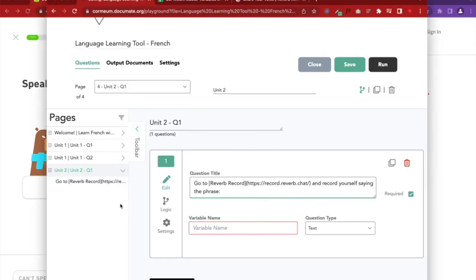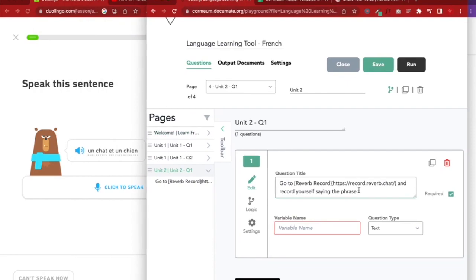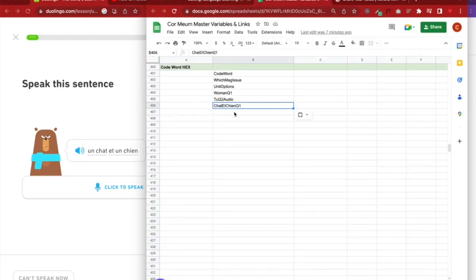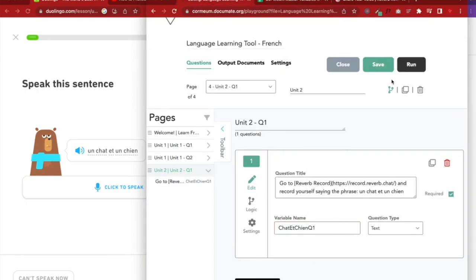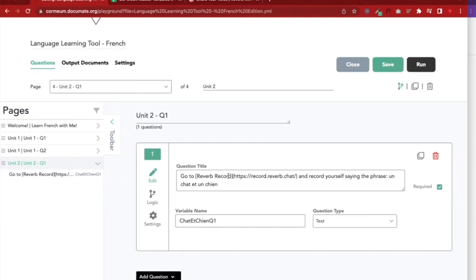Unshai, which is super mixed together. So we can say unshai, unshai. Remember I was saying about your variable map. Now I can just come here and copy and paste that. I don't have to come up with it again. So I'm telling them this is a text question type. So what they're going to do is, I'm telling them, go to reverb record and record yourself saying the phrase this. Then,